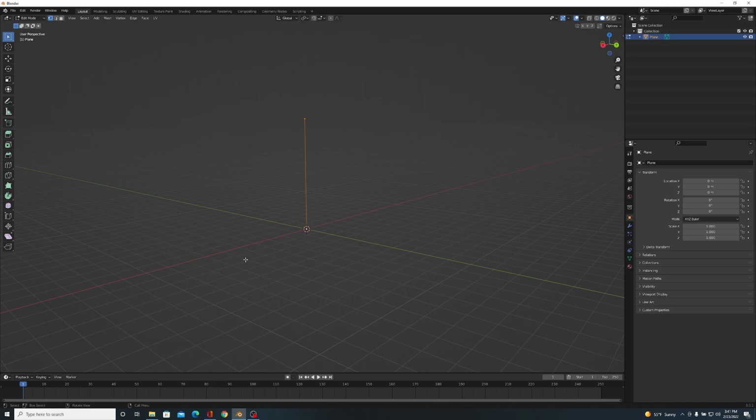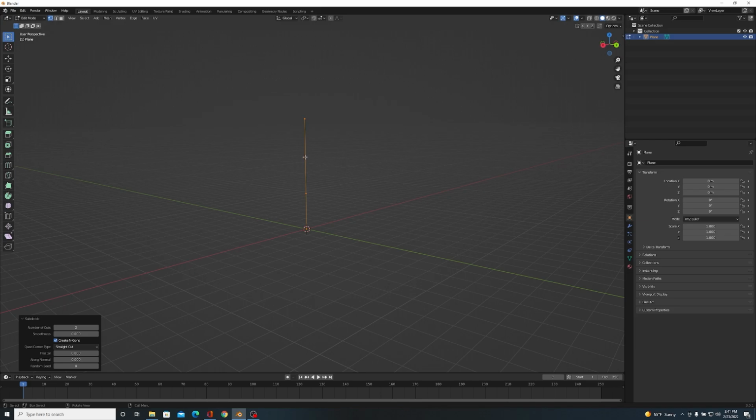All right. Now, we do need more than 2 points, but this just lets us know that everything's working properly so far. So with these all selected, make sure they're both selected, we're going to subdivide it. We want to make sure to increase the level of subdivisions to 2.